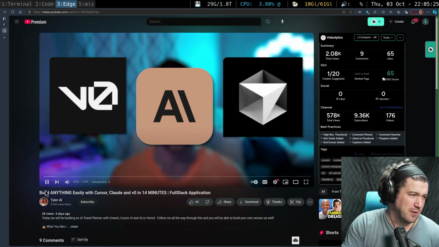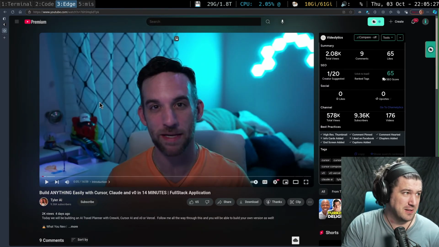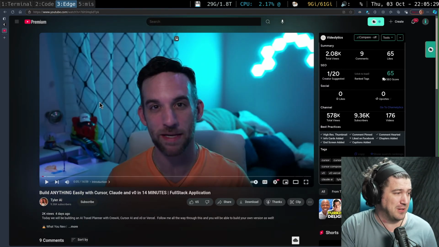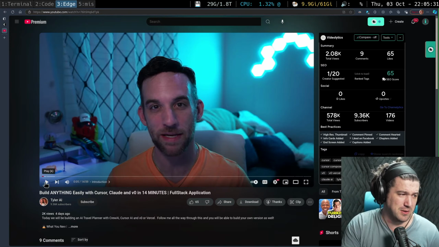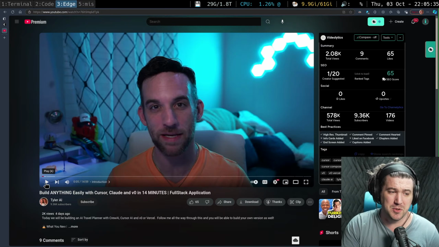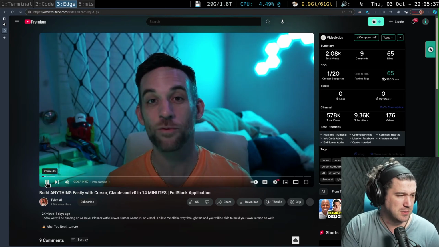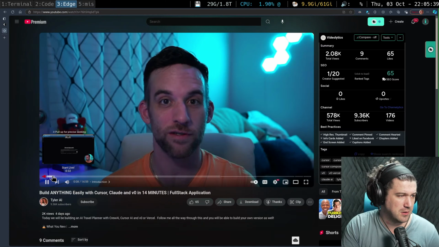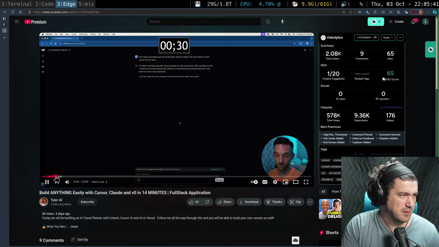They're using V0 for the front end. V0 is dented as all get out. Unless it's gotten even remotely better, V0 is quite possibly some of the worst garbage I've ever used. Okay, and that's what's kind of great about this.